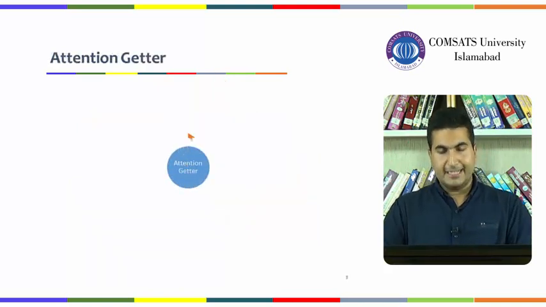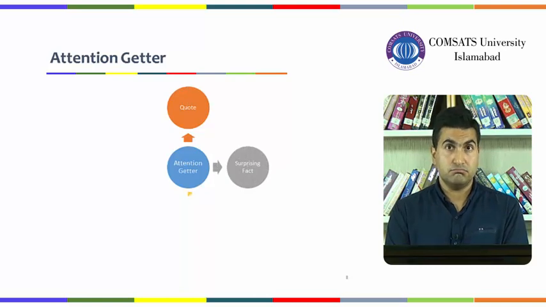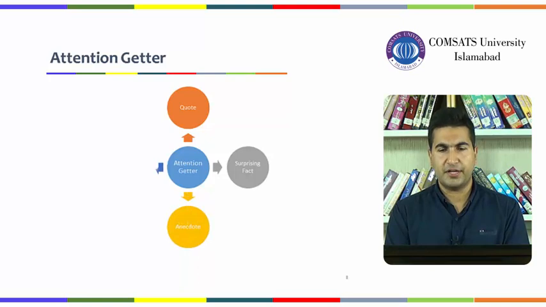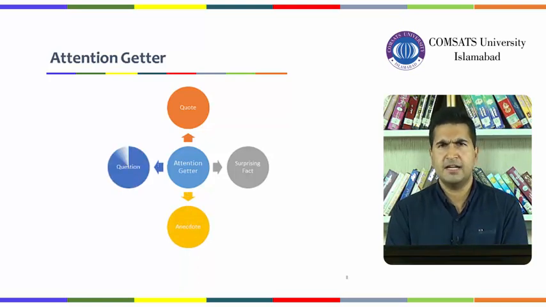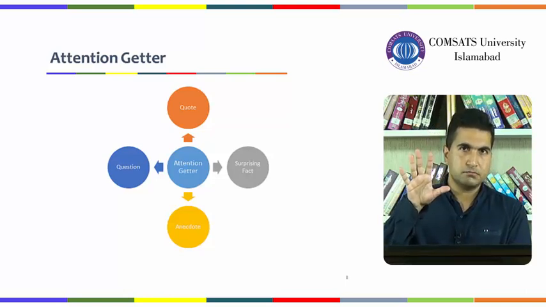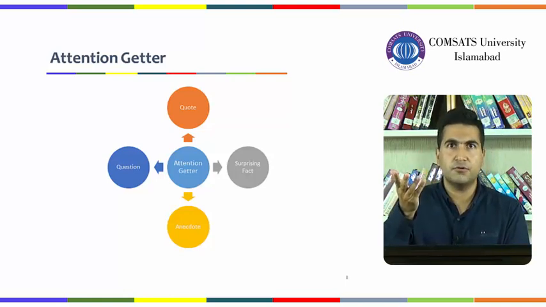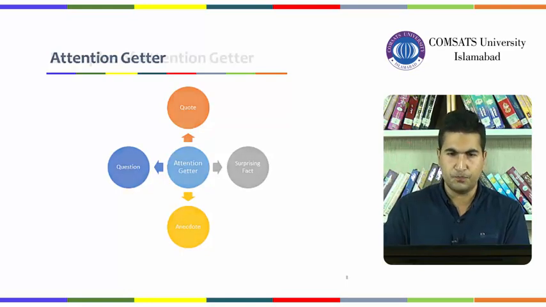Now if we talk about the attention getter, as I told you, there are 3 to 4 techniques that you can simply incorporate depending upon the context, the topic and the nature of the audience. These are the 4 things that you'll have to keep in mind and select the one that you think is the best, that suits that time, that is ideal. So think of a quotation, surprising fact, anecdote or any question. Now based on one topic, you will see how you can use any of these 4 techniques according to the situation.